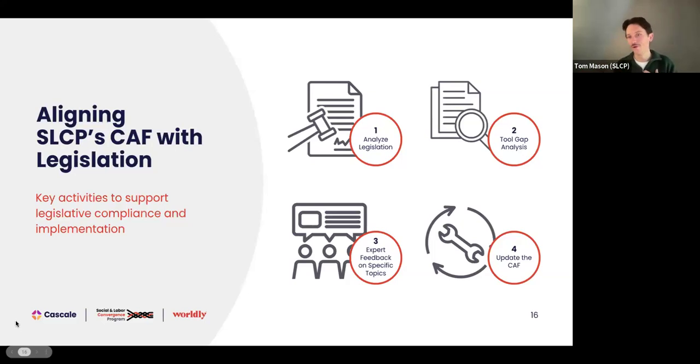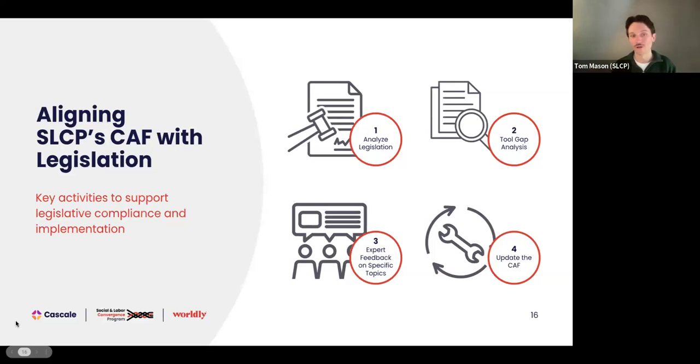So we know that we're not ourselves the experts of everything to do with not just legislation, but also every topic there is around social compliance. So there are experts out there that we're closely partnered with, and we can work through them to make sure that we're designing a tool that is taking the expert's perspective in mind. And one of the main experts or organizations that we work with externally to get validation and to co-design and develop our tool is the ILO Better Work program.